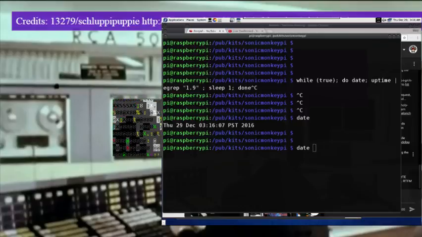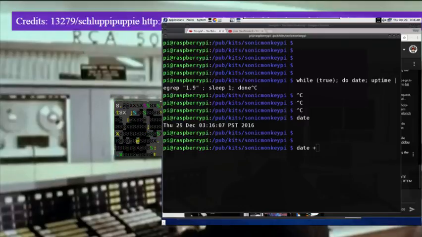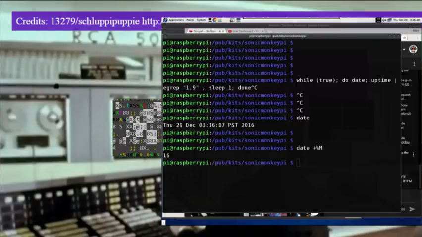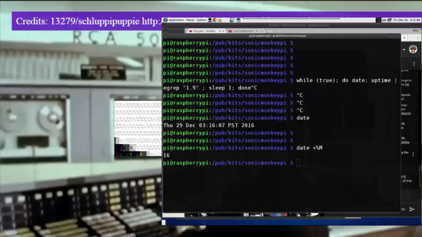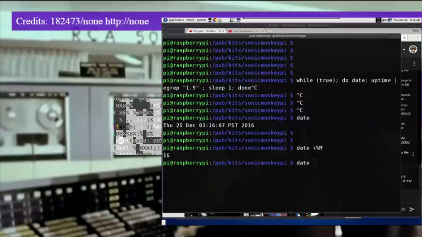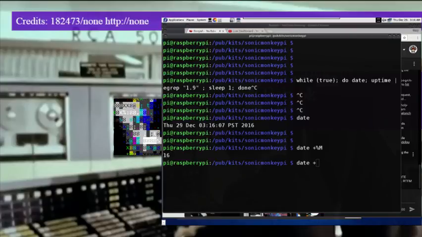To use the date command's formatting argument, you put a plus sign in front. I hope I'm right about this. A plus sign in front, and then a percent sign, and usually a single letter to indicate what you want. Like, I think %M is the month. Minutes? Oh, it's the minutes. Okay, so if you put date and then a space and then a plus sign, and the next thing,